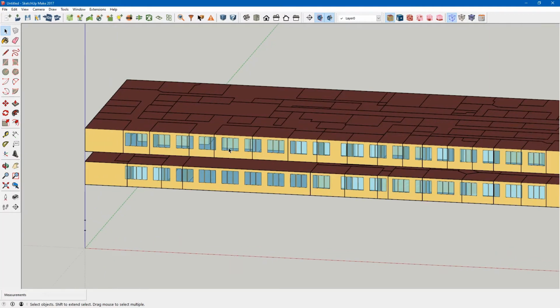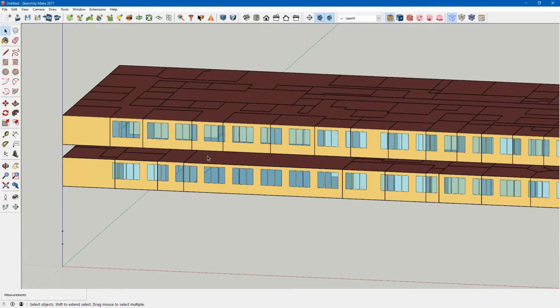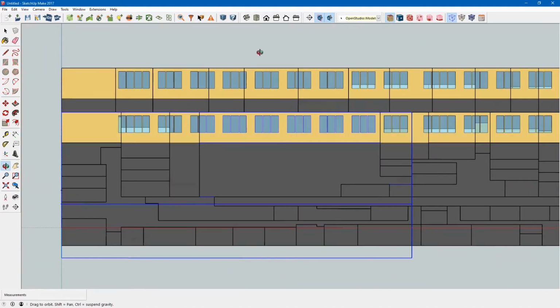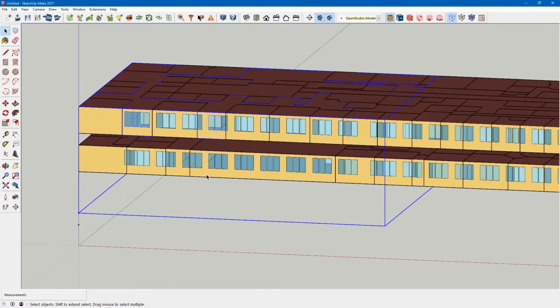And what we want to do is create a space in between those floors with all of the ceiling and floor characteristics of those spaces.